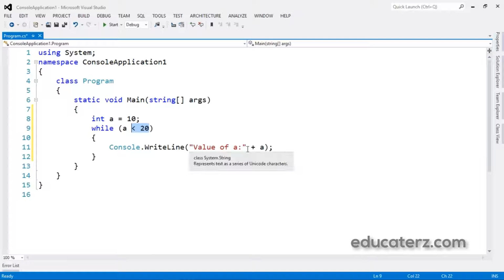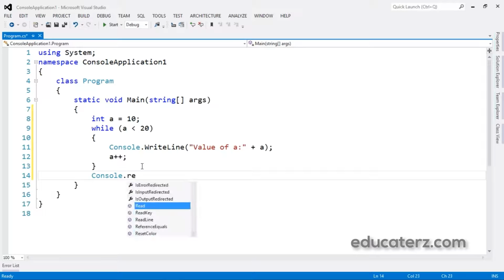Inside, we have written the Console.WriteLine method, and we are going to print the a value. Then I'm going to increment it, a plus plus, then Console.ReadKey.